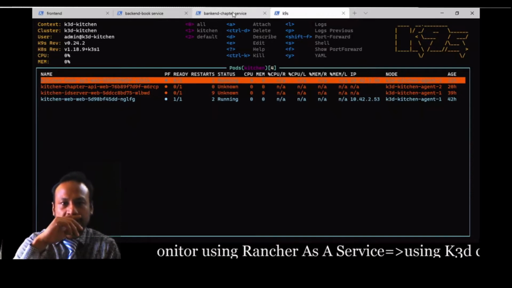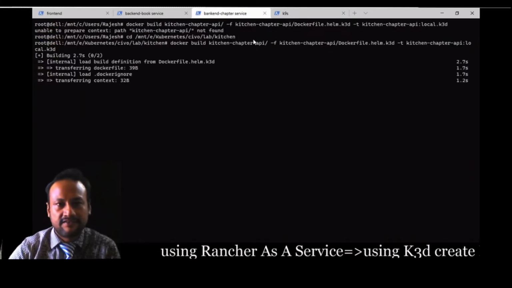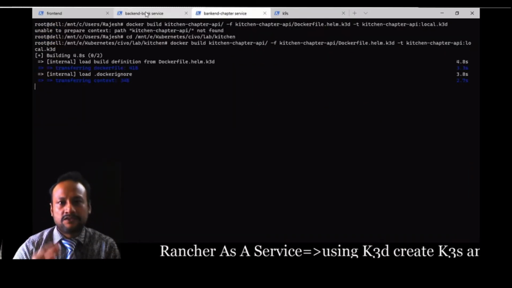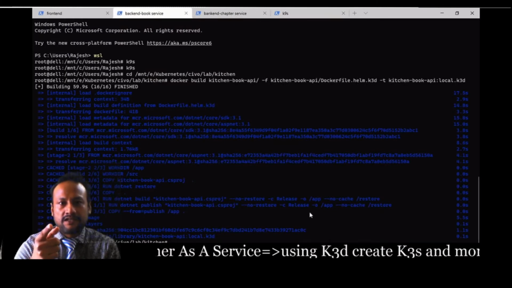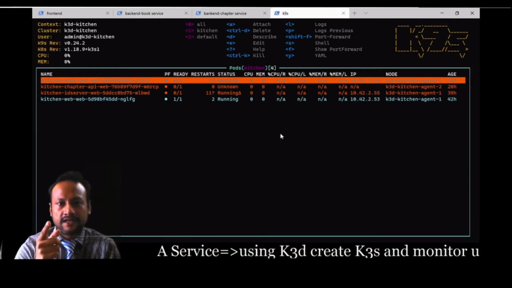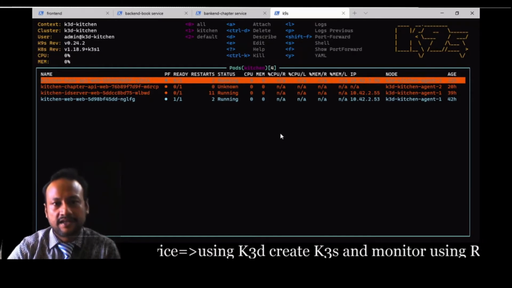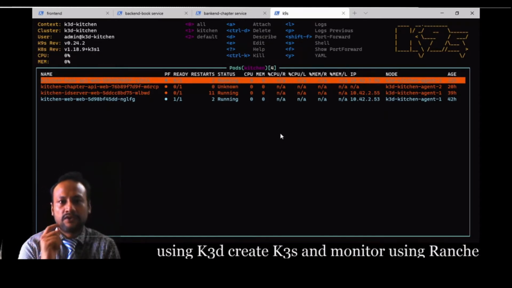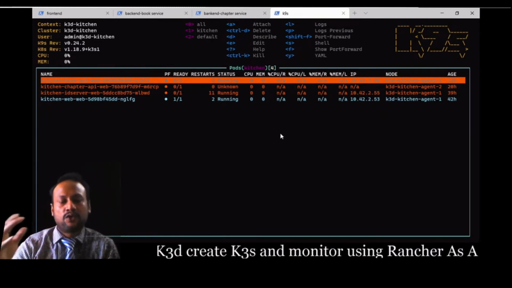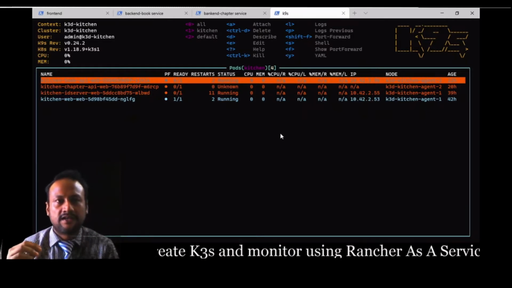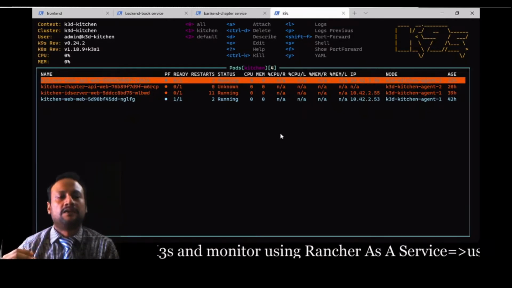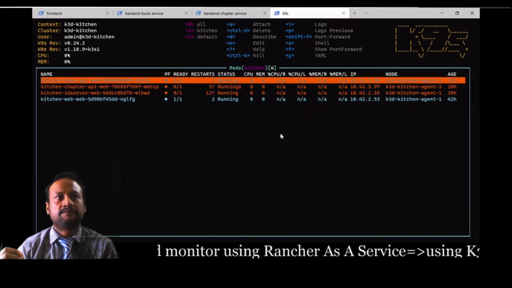So you could see in K9s the different statuses. Let's look into K9s. The status of the applications is still loading. See, this is the beauty of K9s. We don't want to issue a watch command and look into it.